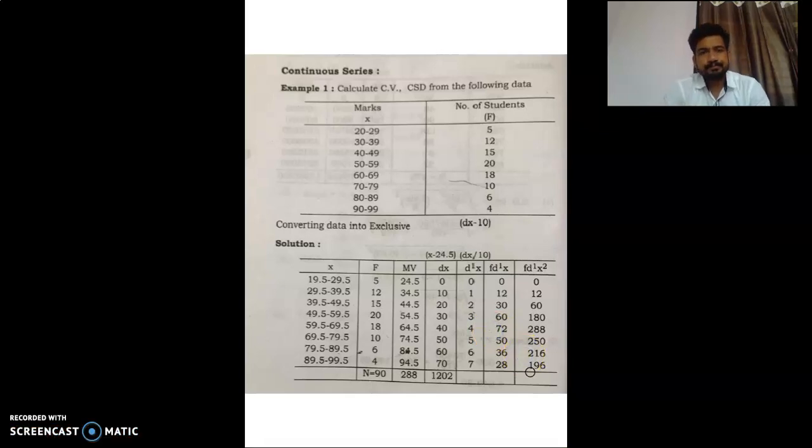Good morning, students. Standard deviation, continuous series. In the last lectures, we had finished discrete series and individual series problems. This is the last lecture of unit number 2. We had finished